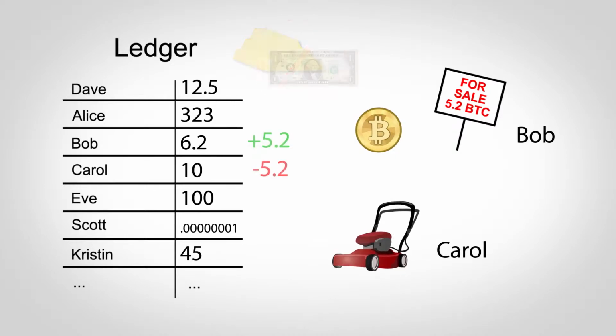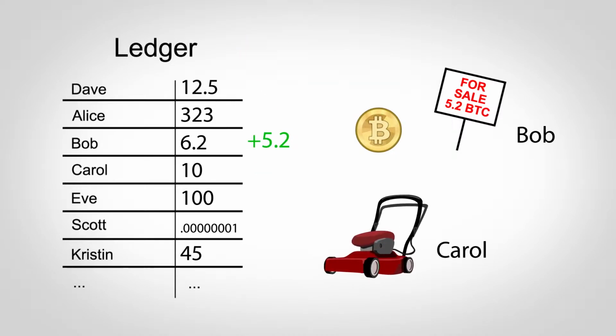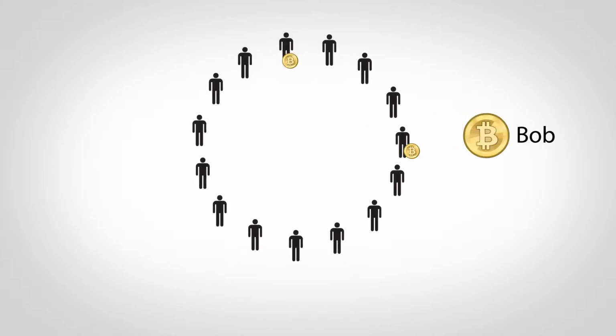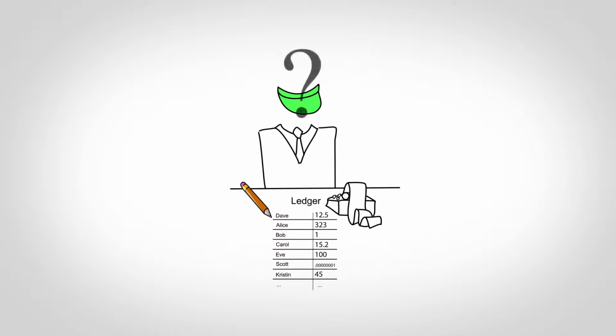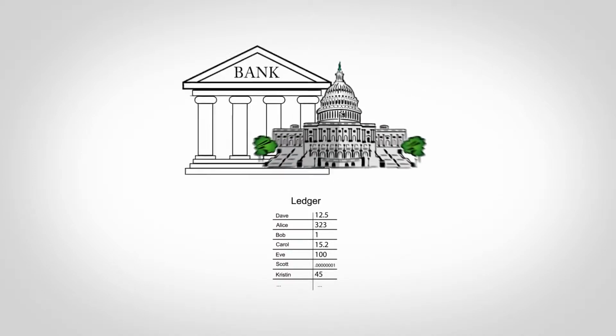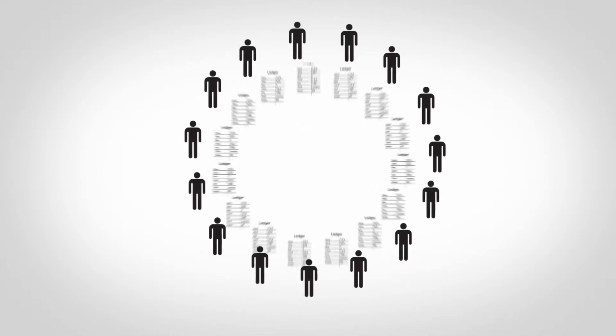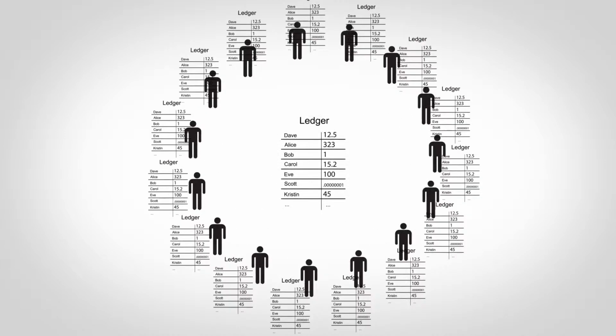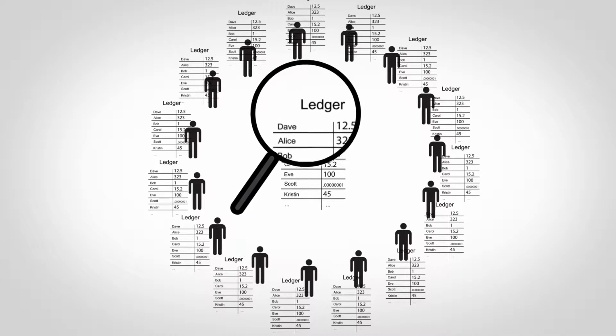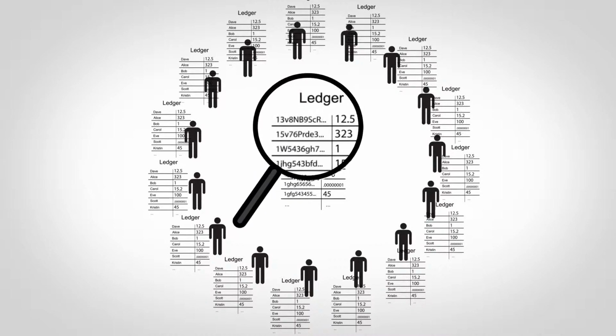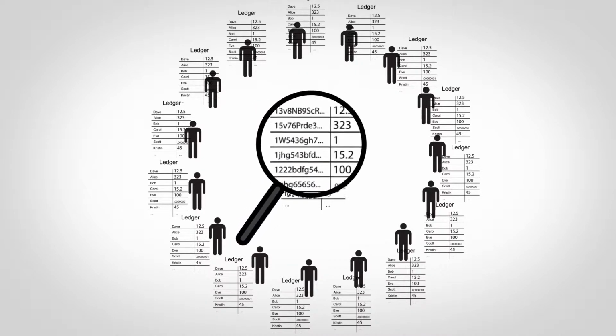Bob is only willing to trade his real-life lawnmower for a higher number in this digital file because he has faith that other people will also trust the system. So who maintains this ledger and makes sure no one cheats? One goal of Bitcoin is to avoid any centralized control, so every participant maintains their own copy of the ledger. One surprising consequence of this is that everyone can see everyone else's balances, although the real system only uses account numbers and not names, so there's some level of anonymity.